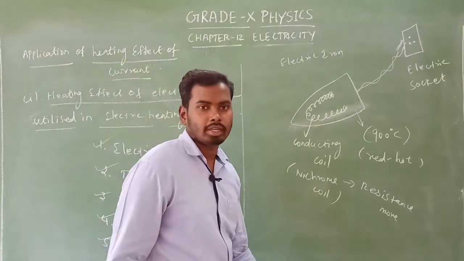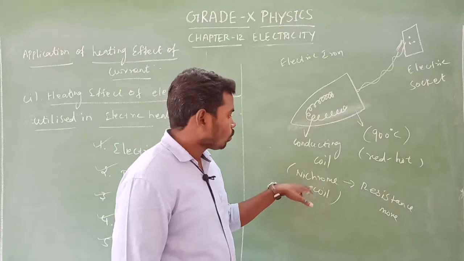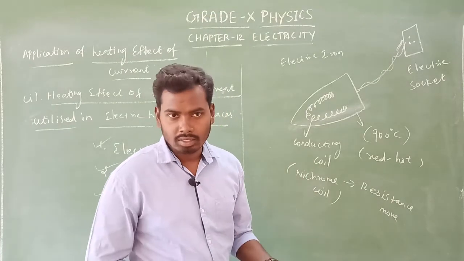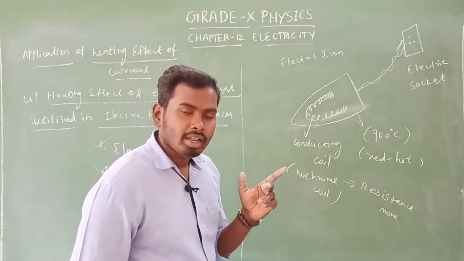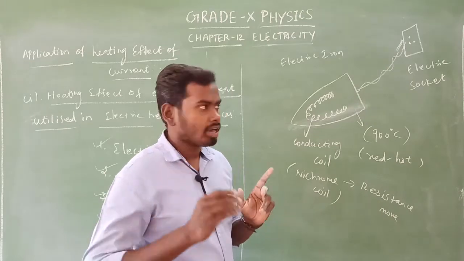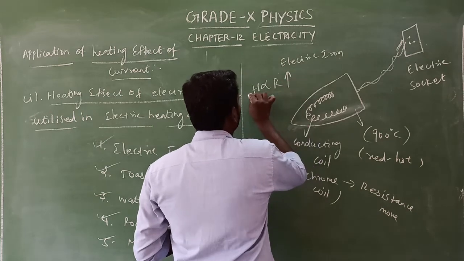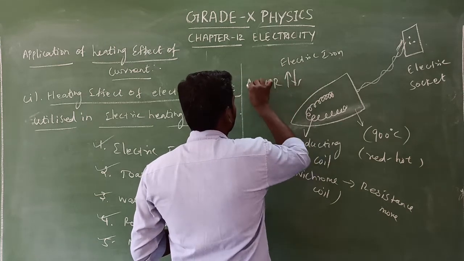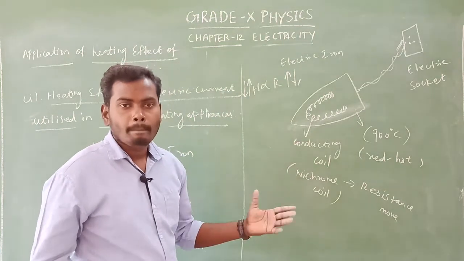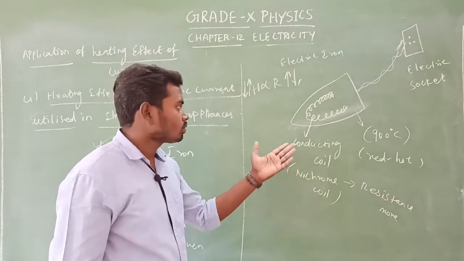Electric iron produces heat energy. Okay, look at here. Electric iron contains what is that? Nichrome coil inside it. Already we know nichrome has high resistance, isn't it? If the resistance is more, then heat produced by electric elements will be more. Already we know, because H is directly proportional to R. If the resistance is more, then H will be more. If the resistance is less, then heat will be less. So here nichrome has more and more resistance, due to which it produces more and more amount of heat energy. So we can use that heat for various purposes.